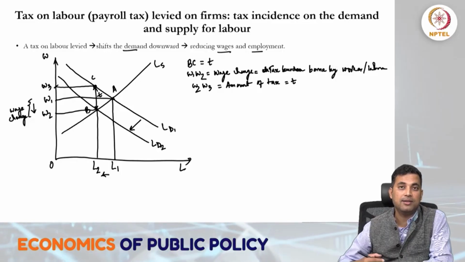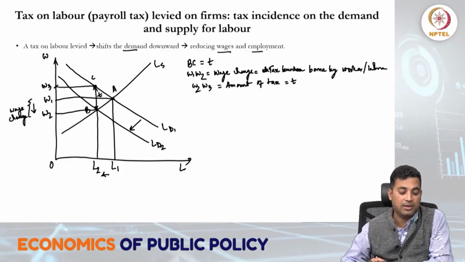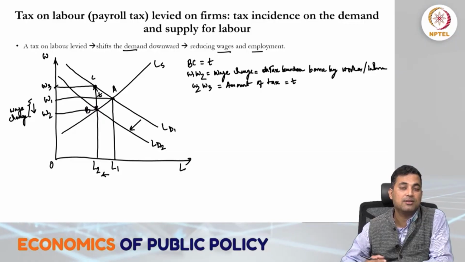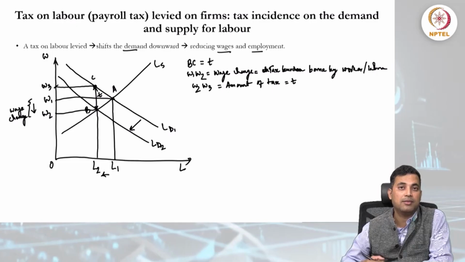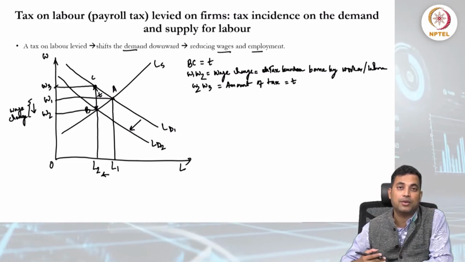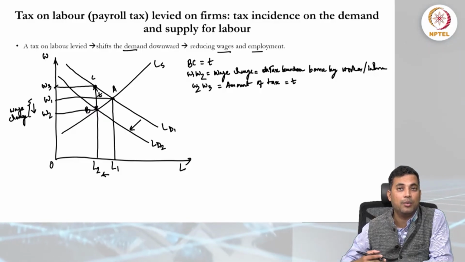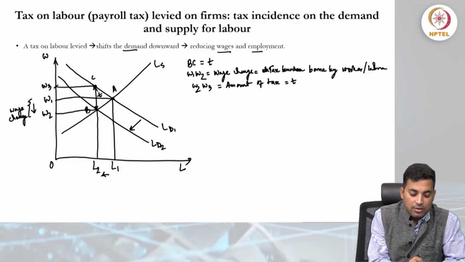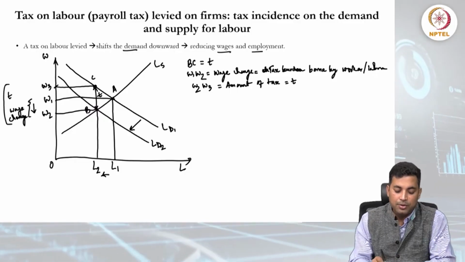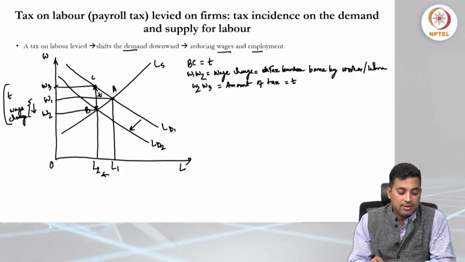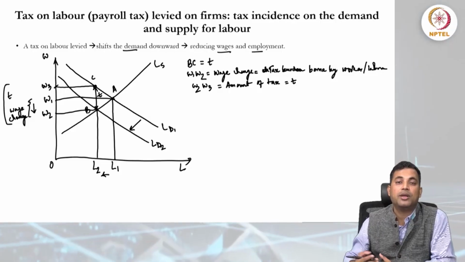is that actually wages have not reduced, but this reduction in the wage is basically the tax burden for the workers, which is reflected in their wage changes. So here the total amount of tax is from W2 and W3, and the W1 and W2 amount of taxes will be reflected through their wages.